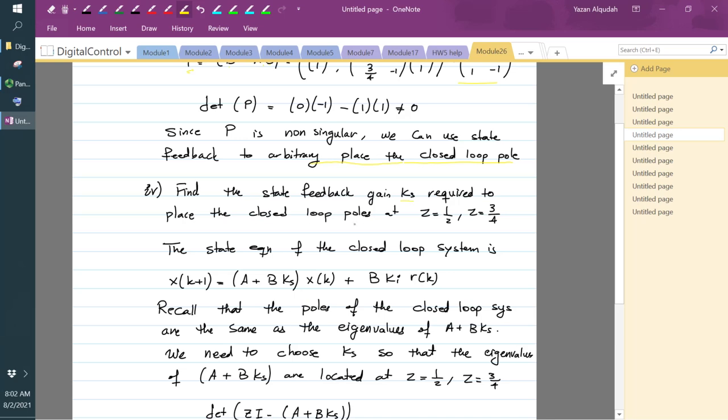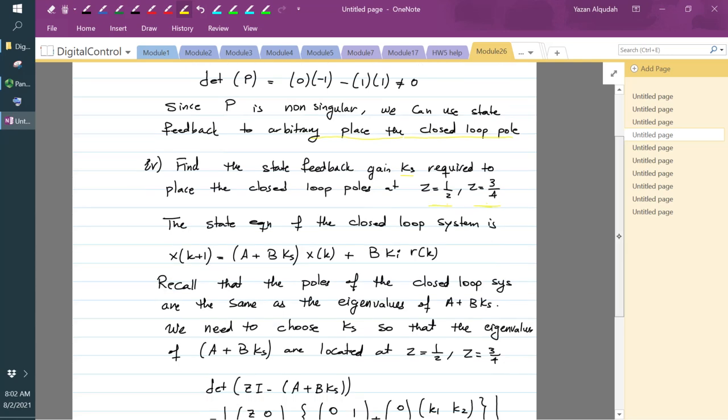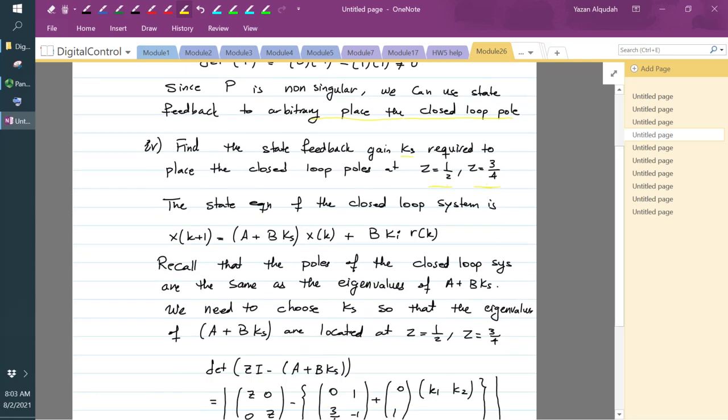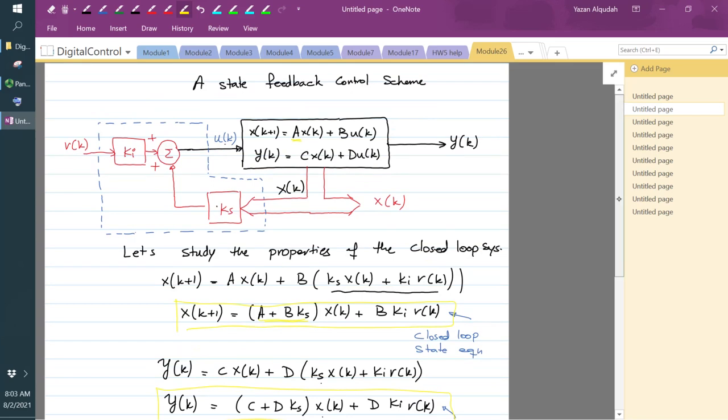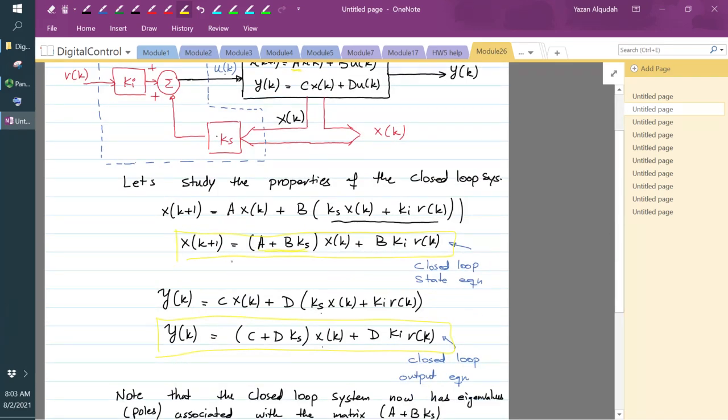Okay, so in the next part we're going to find the state feedback gain, Ks, required to place the closed loop system poles at z equal to 1/2 and z equal to 3/4. So based on the specification of the performance or the response, we want our poles to be at 1/2 and 3/4, and we're going to find the value of Ks that will result in the poles at 1/2 and 3/4. Okay, so we're going to go back to the state equations that we developed at the beginning,